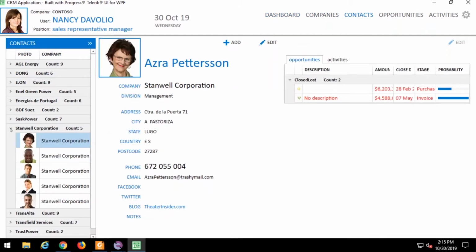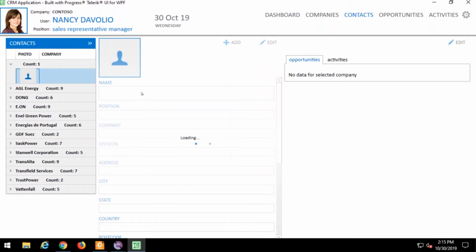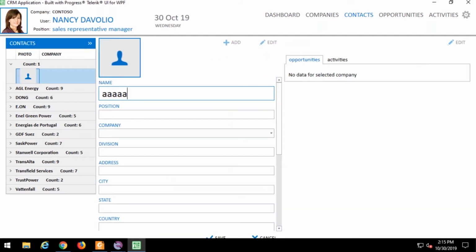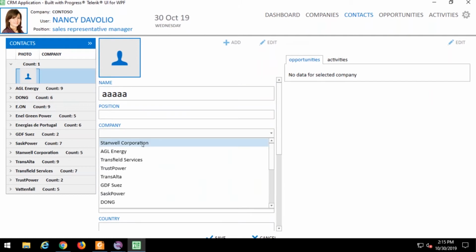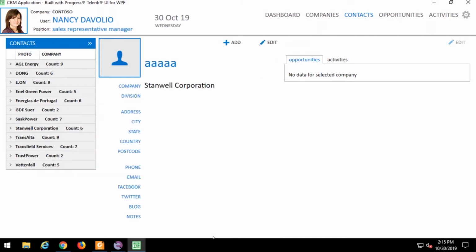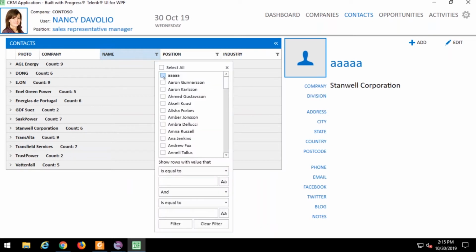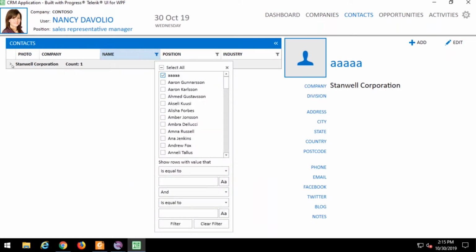So there is a contacts view. Let me add a contact, like AAA to some company. I think it's minimal. So AAA is here. Now I may find it here in the table. So it's here